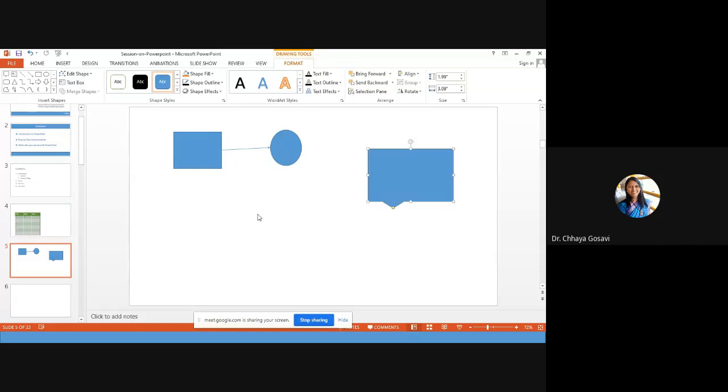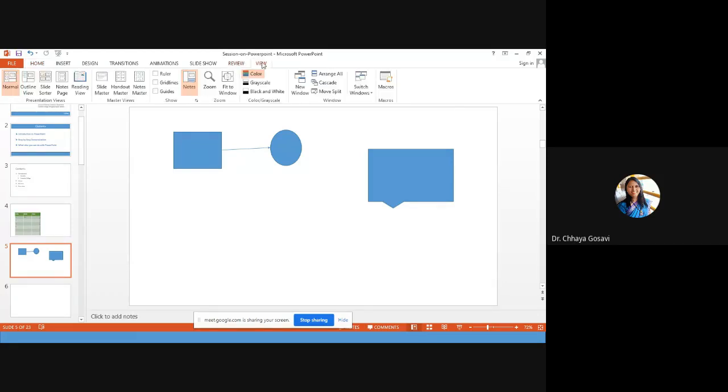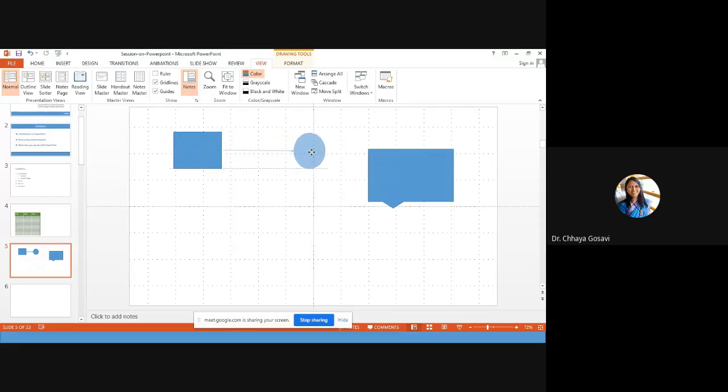Now to draw anything, if a grid is given, it will be easy to arrange these shapes. So go to view, and here you can see three check boxes: ruler, grid lines, and guides. Grid lines will make these grid lines visible, so you can arrange your shapes the way you want. And these guides are visible lines which help you see whether shapes are proportional with each other. Can you see this red dotted line? If I move this shape, these guidelines allow me to arrange my shape properly.